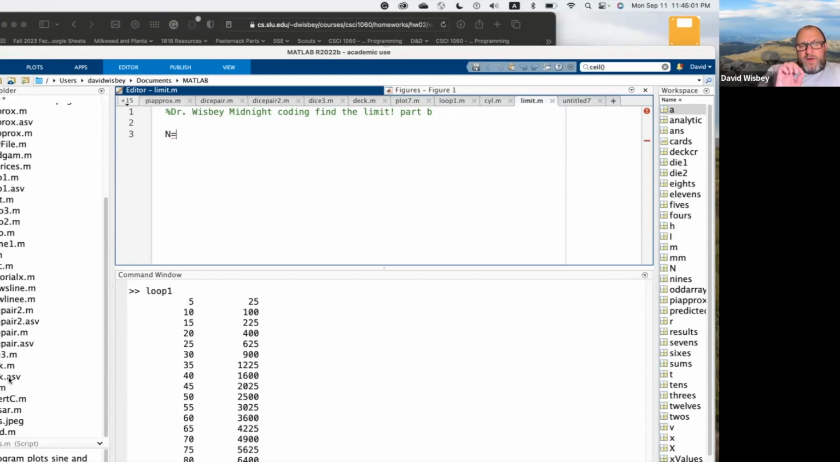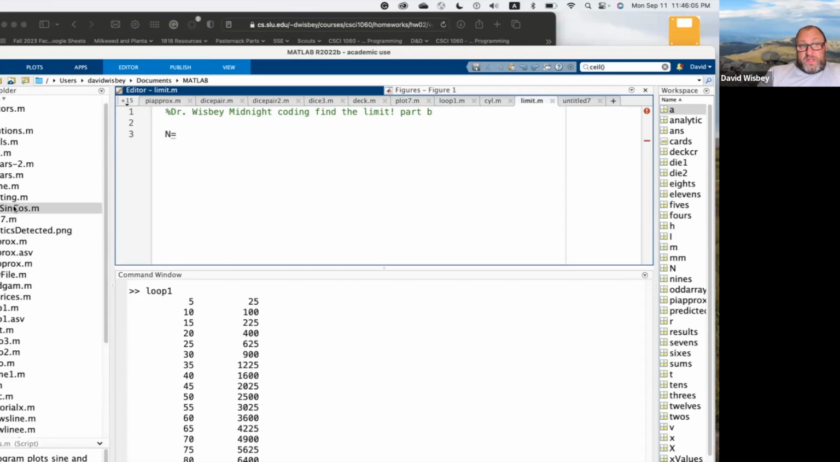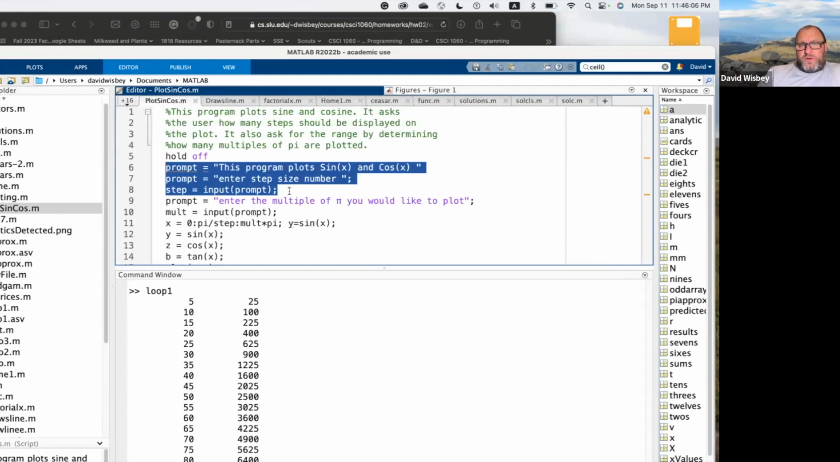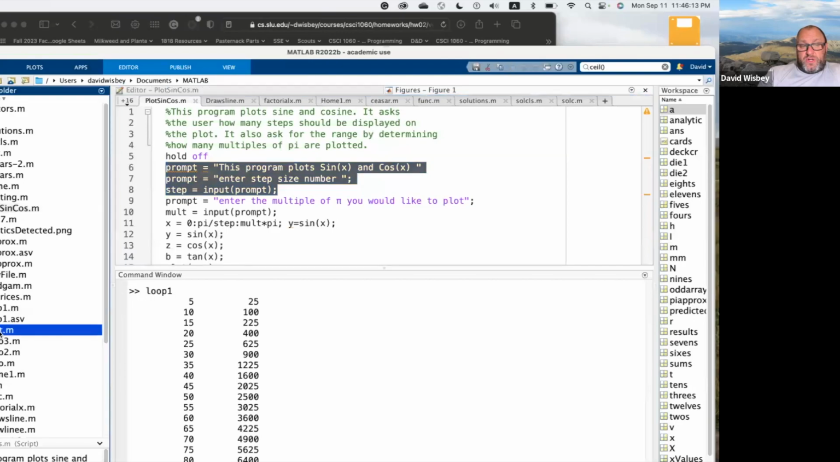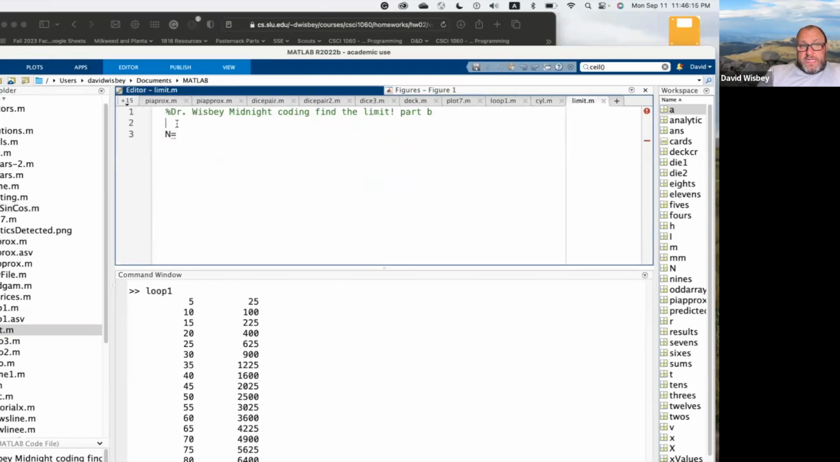All right, I remember some old code that I have. I want to actually ask the user what the limit should be. So I'm going to go back to my old code here. I've already got it highlighted. I'm going to copy this because I'm going to prompt the user to enter the limit. I'm going to say prompt. Okay, right here. We're going to display the limit. Okay, so I've got some stuff here. This program plots sine of x. No, okay. This program